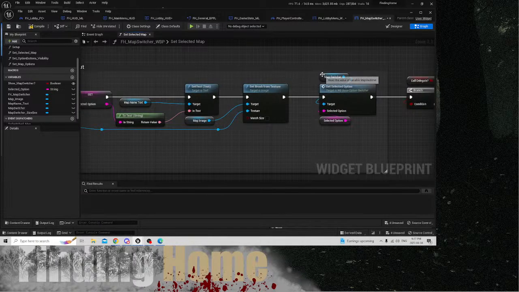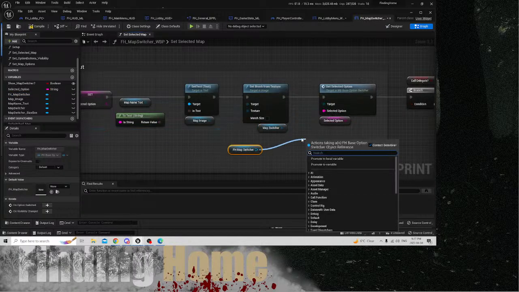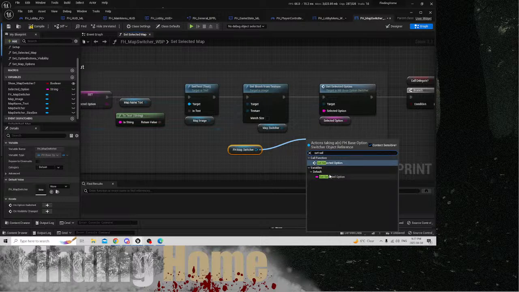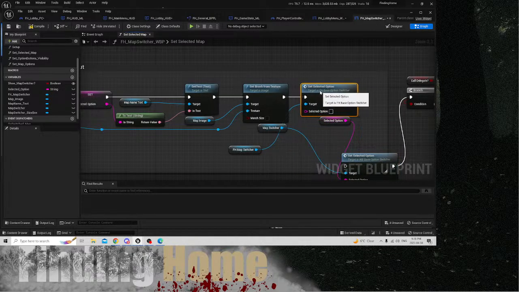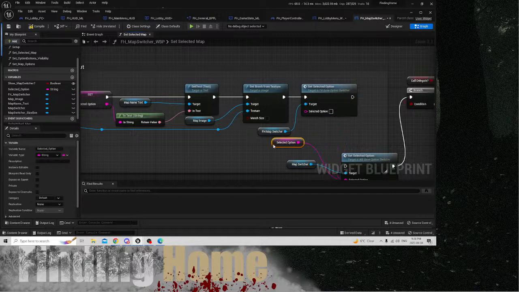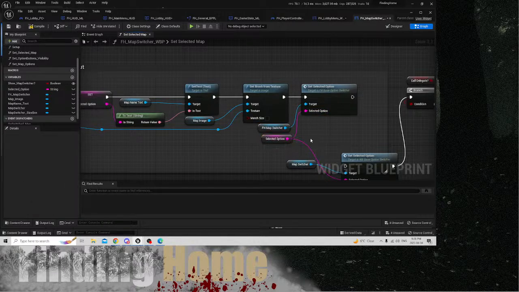And getting the switcher here, map switcher, widget base match switcher. So we want to grab this here and do set select options. Looks like it's the method we're grabbing here. And so we're going to put this in here, bring this up here, and this is our select option we have set earlier. And now